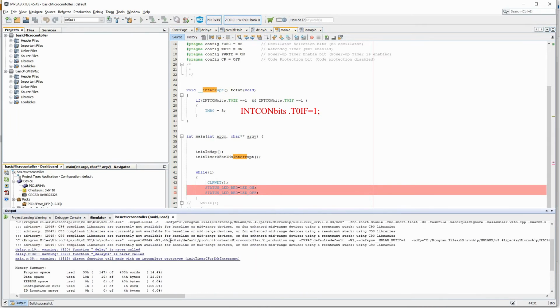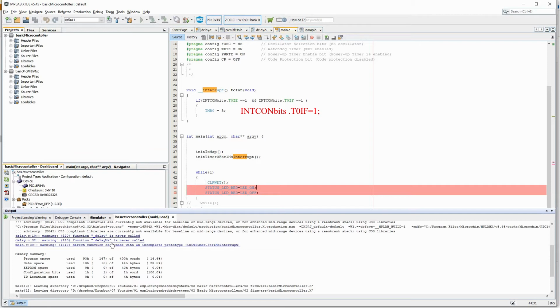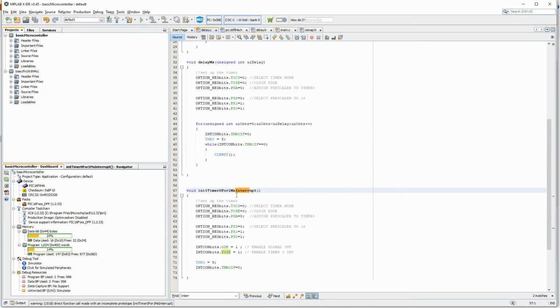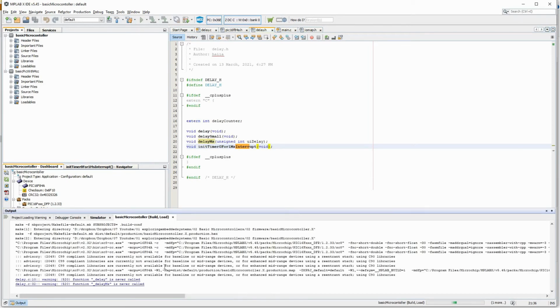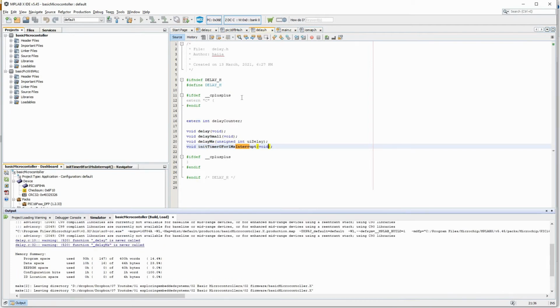So it has been built. So there is no error. So the delay has not been used. Incomplete prototype. I don't know what that means. Let me just type. So I have to write one more void here inside delay.h, one more void here. Let me build once again. That error should have gone, yeah, it has gone. Never called is not an error, it's just a warning, so let's not worry about it.